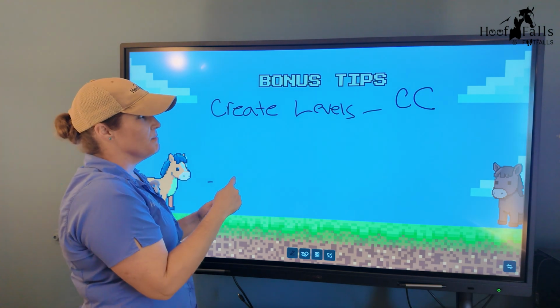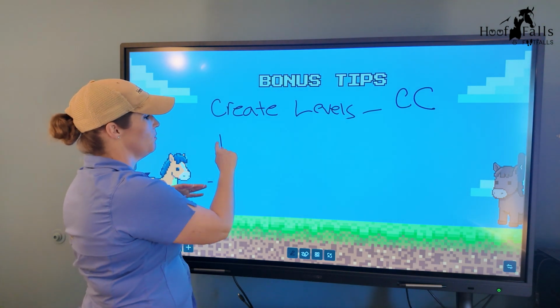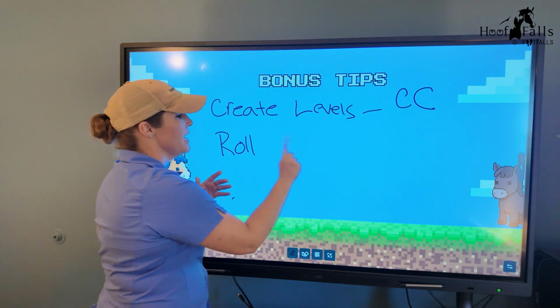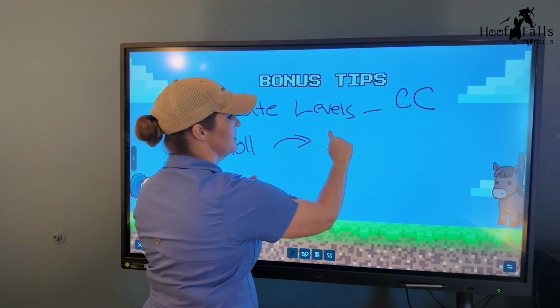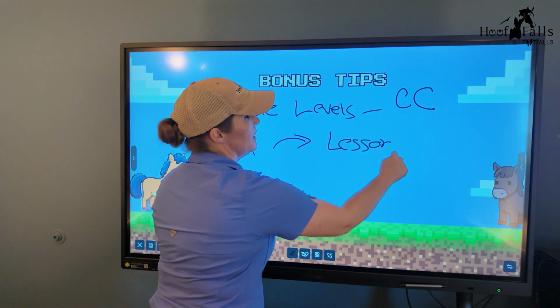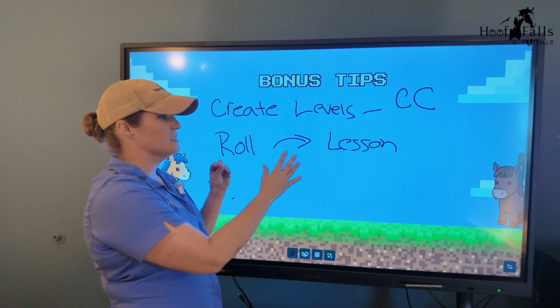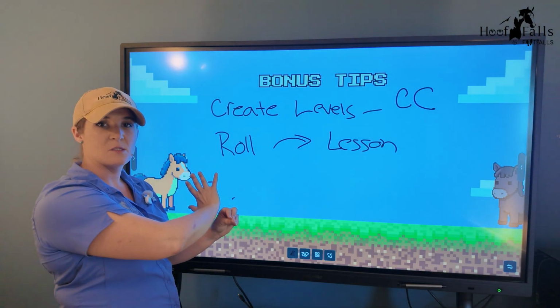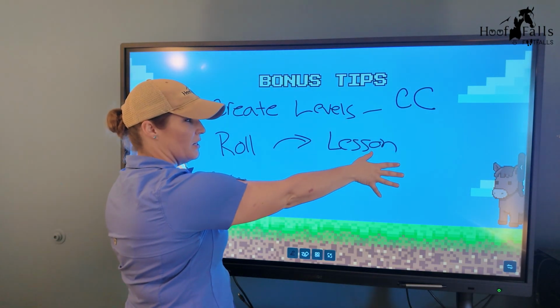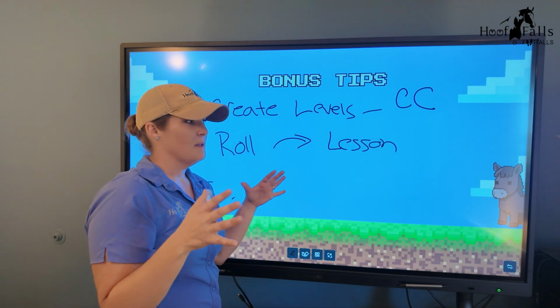And then like I had already mentioned before, you're gonna want to try to roll this over into your next lesson. And this is, again, a really fun way to have the students see what level they made it to last week, what level they're at this week, and did they make it any further?